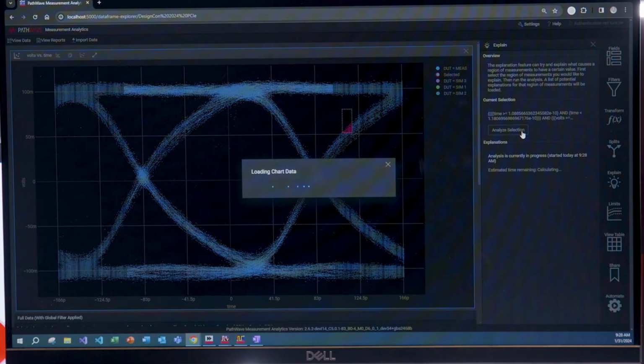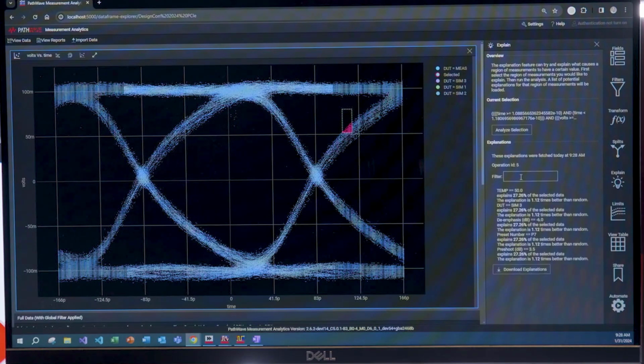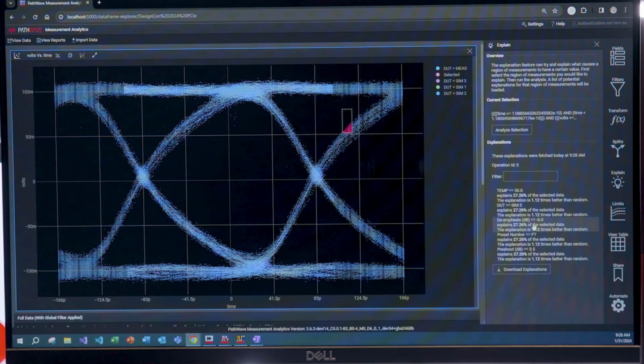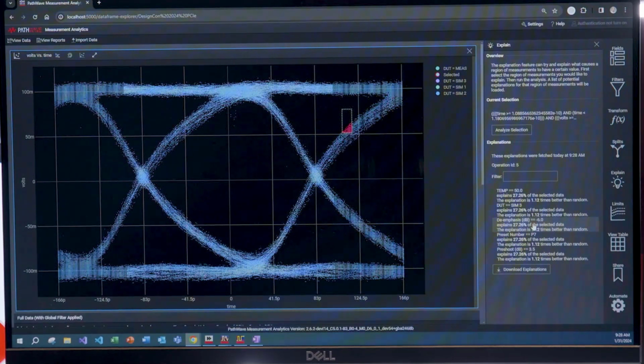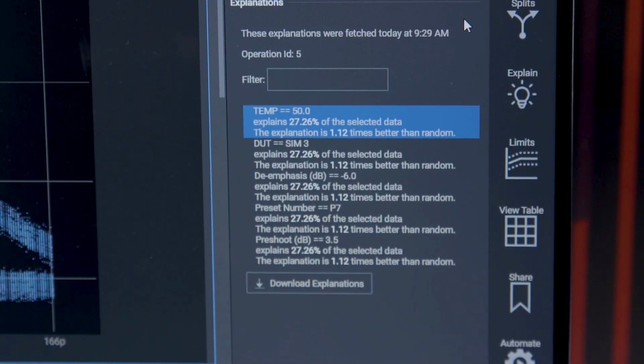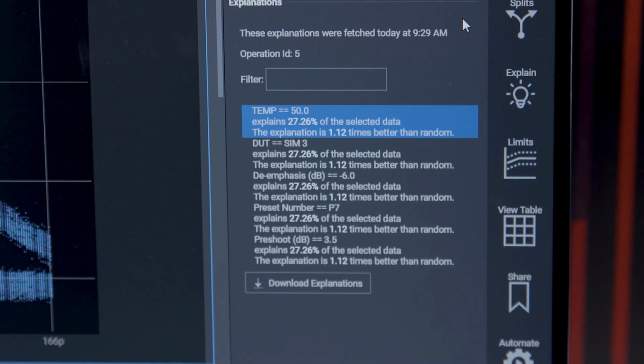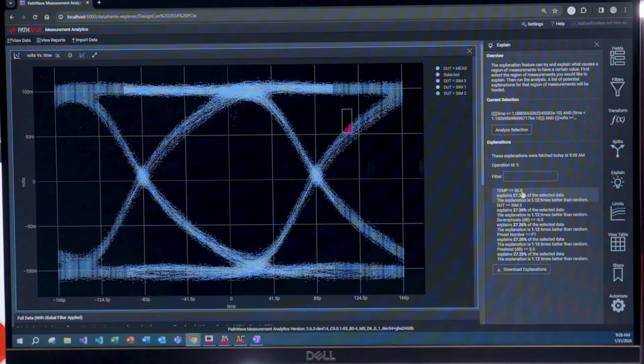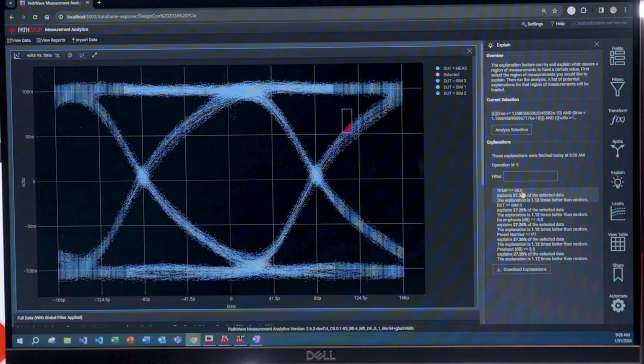I click analyze selection, and it's processing, and immediately I have a number of statistical results that I can use for inference. But the part that's really interesting that got my attention on this example is there's a 50% correlation to some of the temperature. So we have eye diagram waveform data set that has a 50% correlation to something that's going on in the temperature data set. So this OpenTAP tool triggers insights into multiple data sources that make analyzing data a lot more efficient.